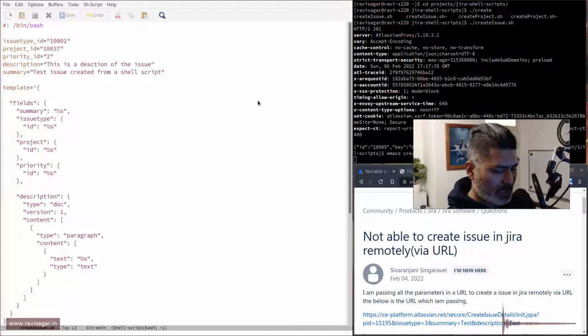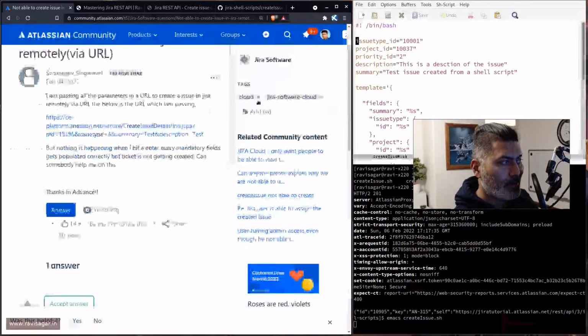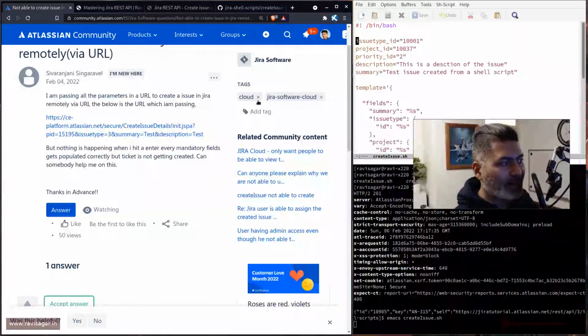So this is something that you can do very easily from any system. It depends how you're doing it. I'm just showing you this example of a shell script, but the idea here is to do it using the Jira REST API. And if you want to do it from an external system, then you have to